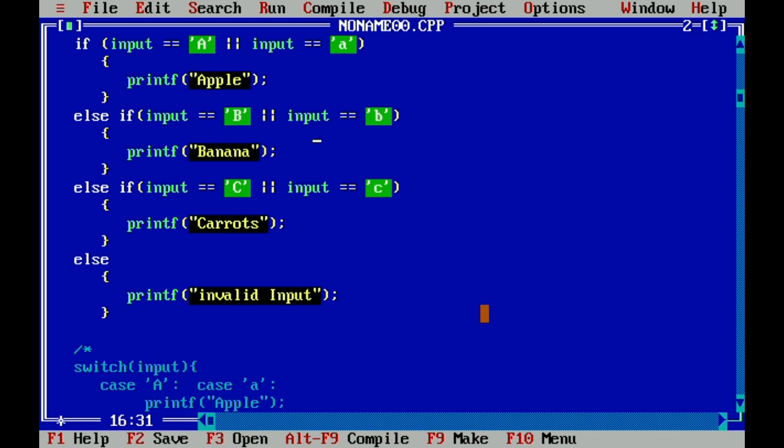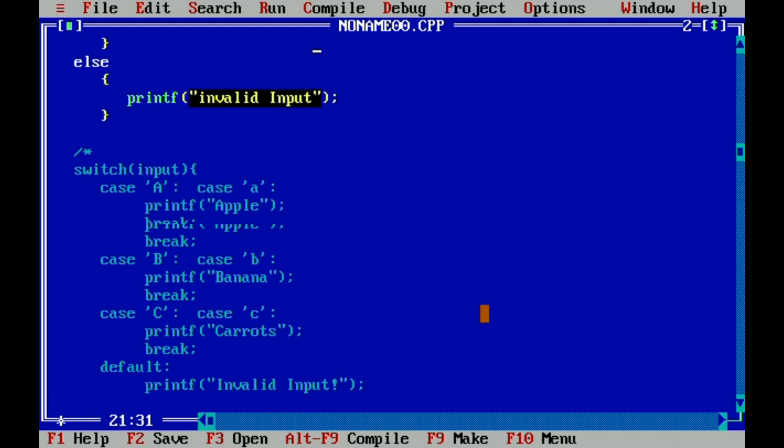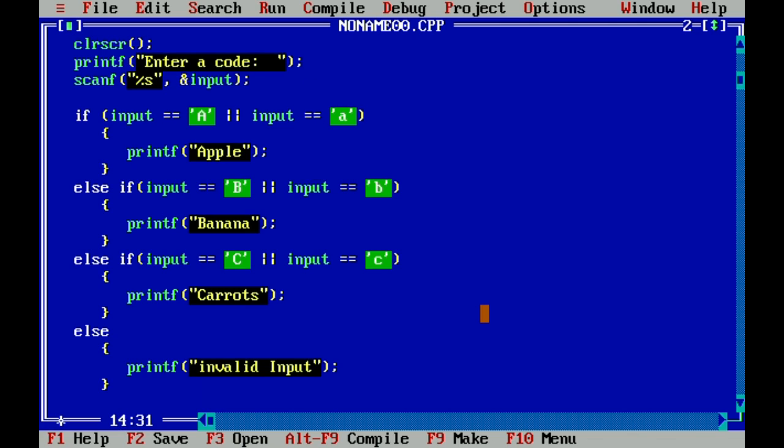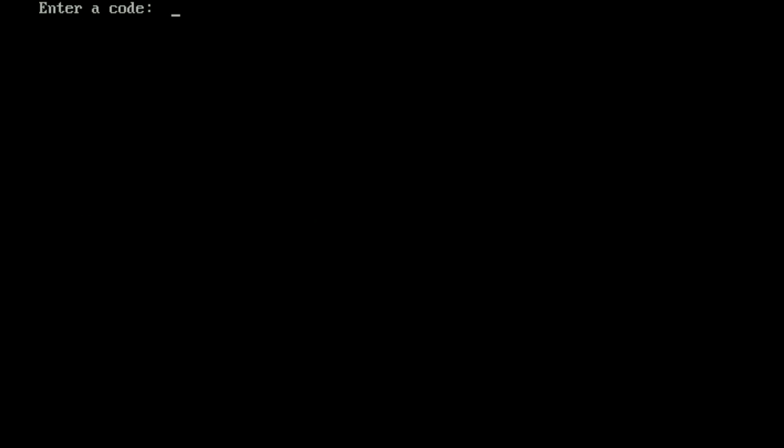So from your switch case statement, you are able to convert it into an if-else conditional statement. Although different in the way we have created the code, they work similarly. So when we run our program, it still accepts the variable, a character, let us say small letter C, then it prints carrots.